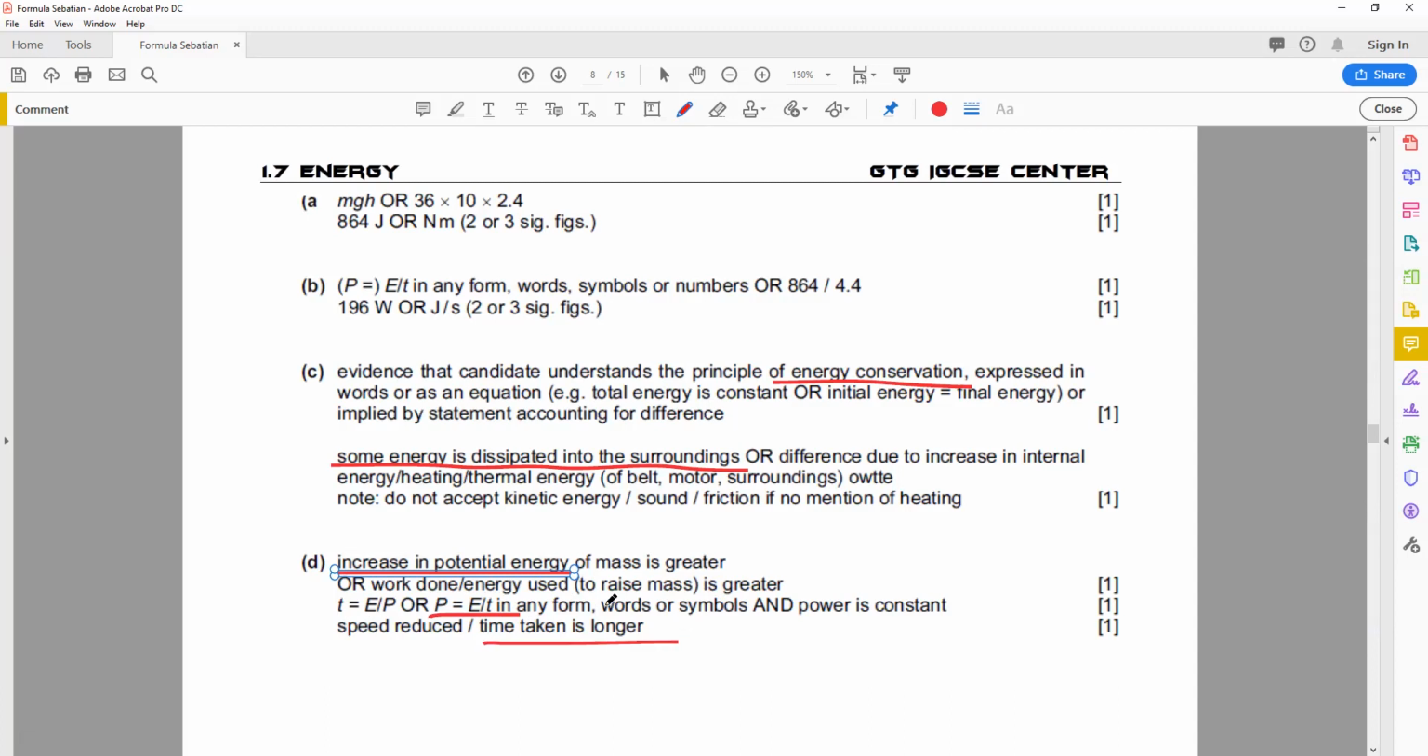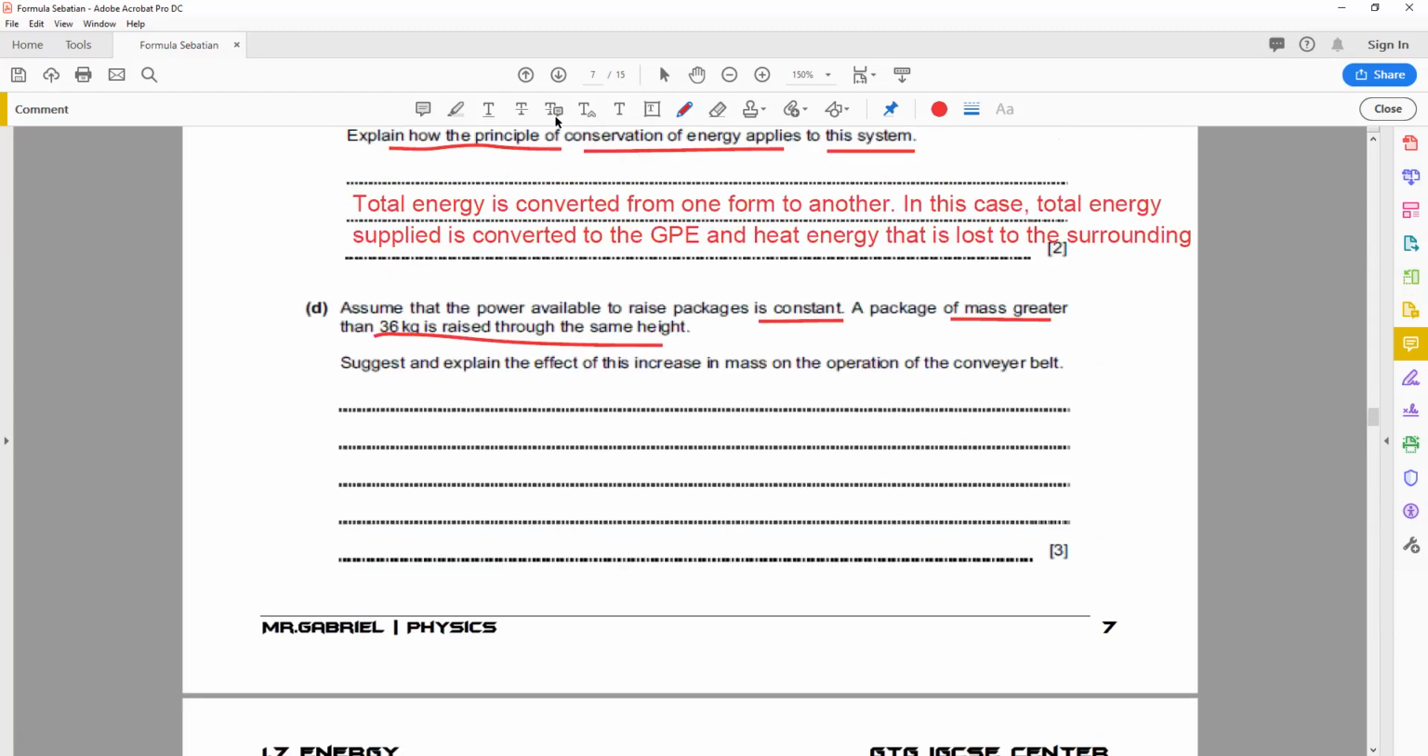You can structure it however way you want. It doesn't really matter, right? But if I were to write it down, I'll say something like